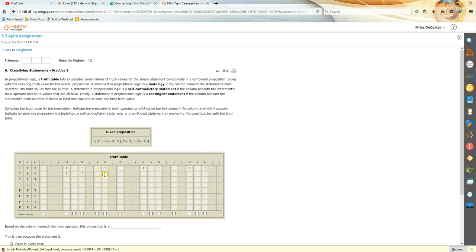Taking care to put in the values accurately. So here it's going to be true and true for R and false for D. So that's false, true, false, false, true. And after I've filled all this stuff in,